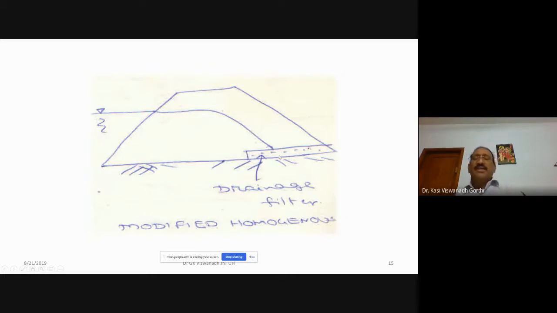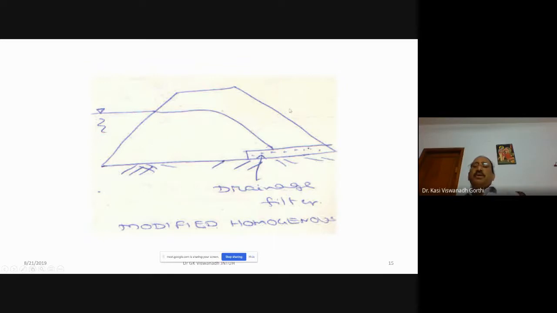The drainage filter is something like big boulders laid at the downstream portion. Because a drainage filter is provided, the top flow line changes its path and will not cut the downstream face of the dam. Instead, the top flow line bends and joins this drainage filter.